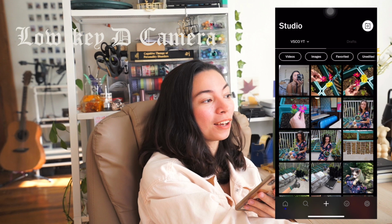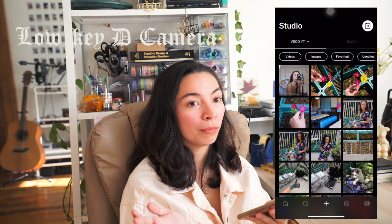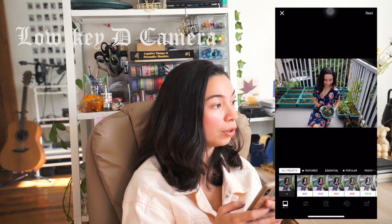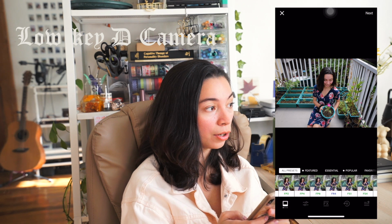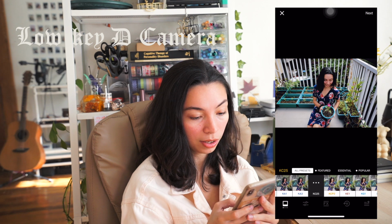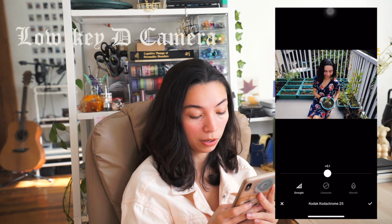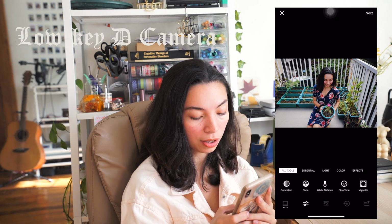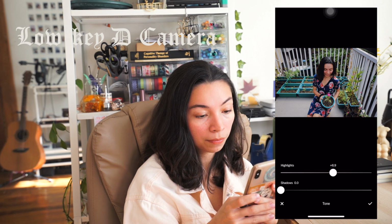Next one is what I call, actually I never really called it anything, but this is kind of like the no filter look, but make it disposable camera vibes. So to do this, we go to here, the presets. We look for the Kodak Kodachrome 25, this one. Yes, and then we lower that. We make it plus 6.1. There we go. And then we do the same thing. Adjust the highlights and the shadows. Highlights plus 6.9. Shadows